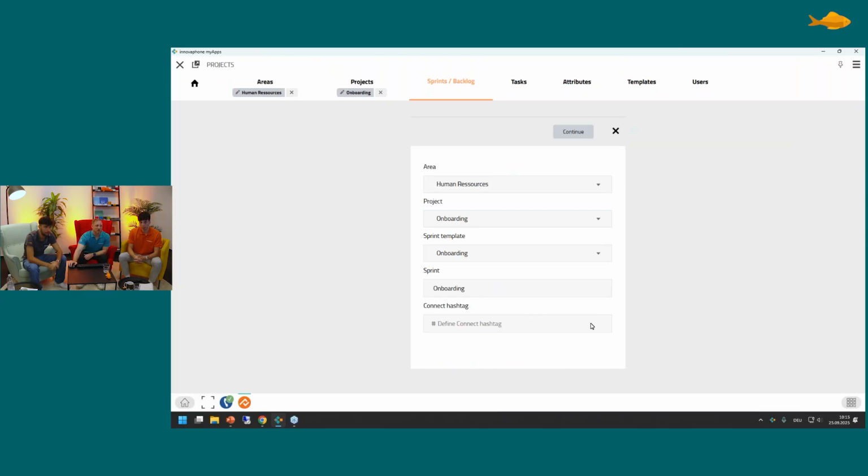If it is a bigger process, for example, you can also define a connect hashtag. I think for onboarding, you can do that if you always want to stay up to date on who is actually joining the company, which is nice and fun. But it is actually